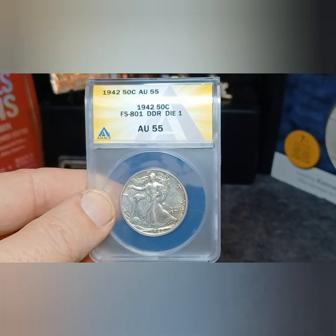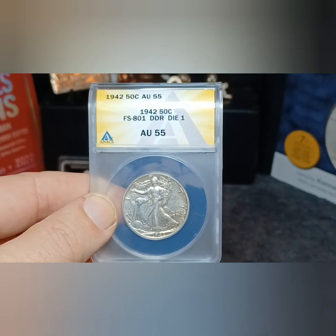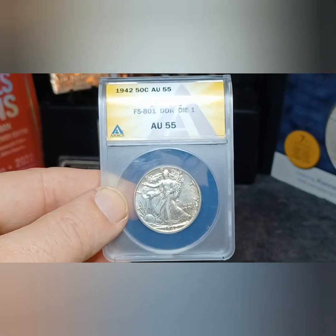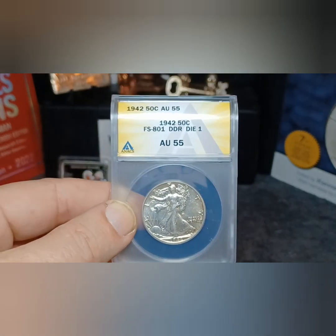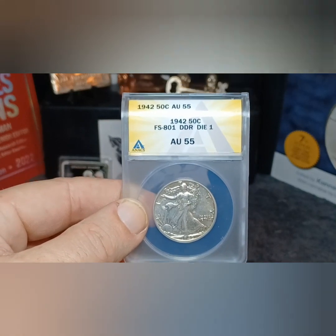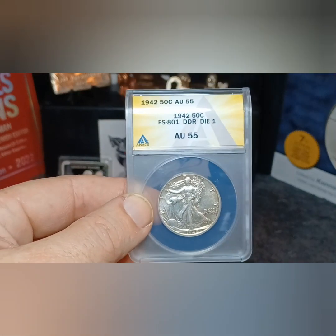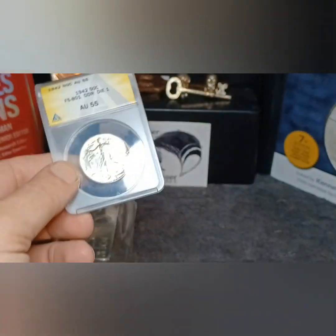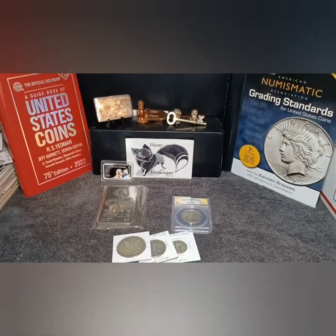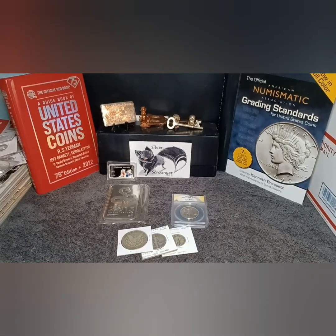And this is the first coin I ever sent in for grading. So, being the very first coin I ever sent in to grading, and the killer deal I got for a double die reverse Walking Liberty half, I think I would say that's the one I'm keeping. So there's that question answered. Now,